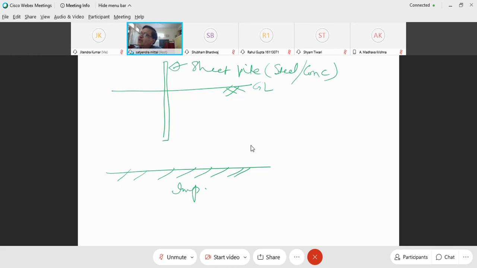So you can have a sheet pile wall. It can be 1 kilometer long. It can be any length. It is embedded into the ground. This is the embedment depth. And above this, it can store water like this. The advantage of sheet pile is that it is a sort of precast dam, you can say. You can install it. You can store water for irrigation purpose, for drinking purpose, for tourism, for anything.